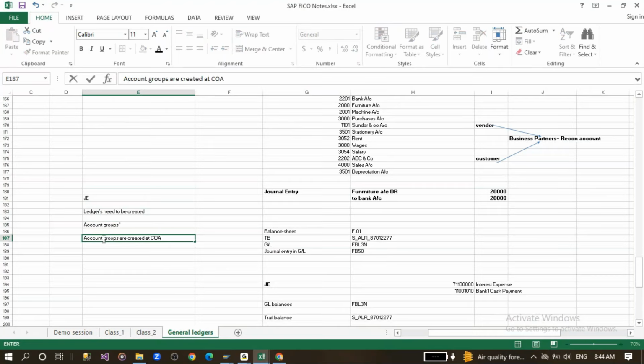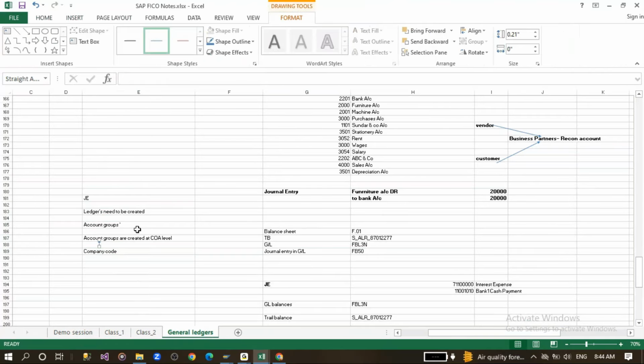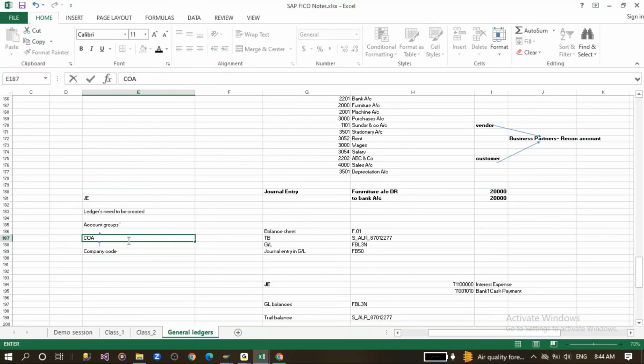at chart of accounts level. So if I want a consolidated report of a company code, I will assign this company code to chart of accounts. Company code is assigned to chart of accounts, and after that we'll be creating the account groups. Account groups are created, sorry, under chart of accounts, and